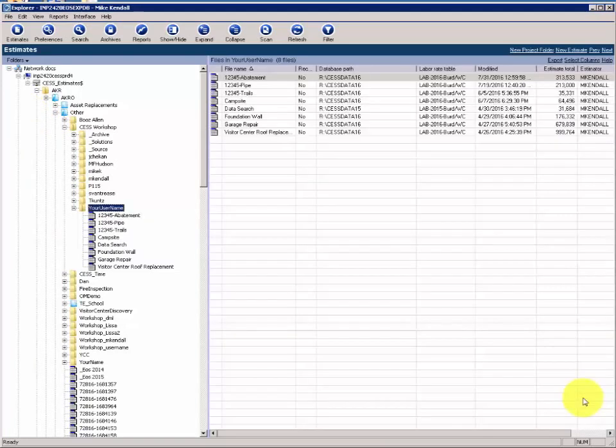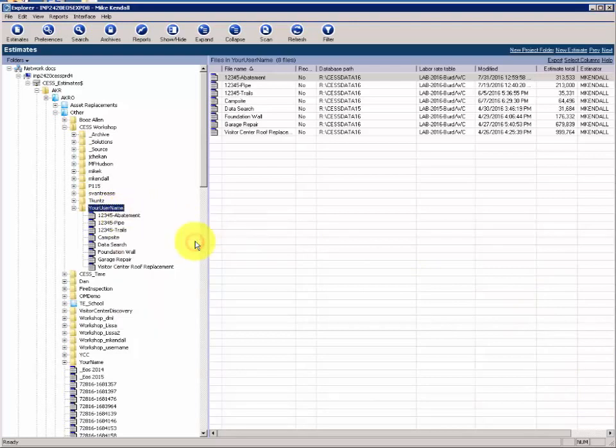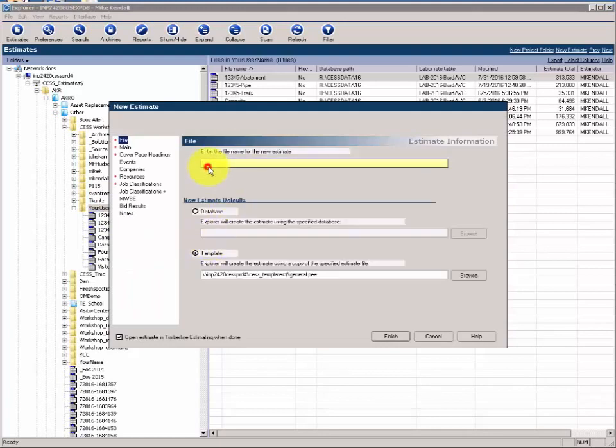Section 5, Activity 3. Create a one-time assembly using Edit Assembly. We'll start by building our second estimate in this section, the Rehab estimate. Right-click on your username, New Estimate. We'll call this estimate 12345 Rehab and continue